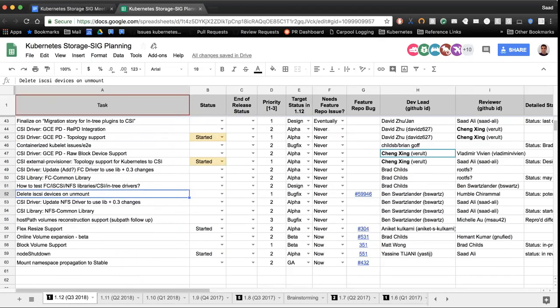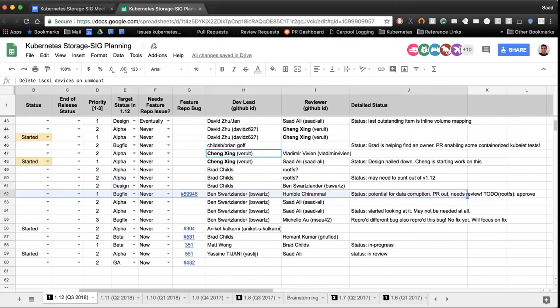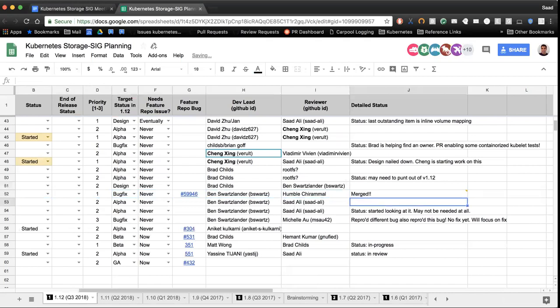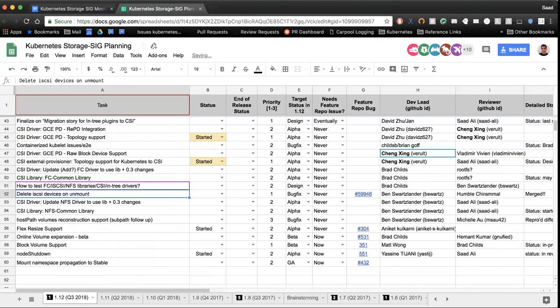Next up is deleting iSCSI devices on unmount. This was a PR that was pending review. Yeah, this merged last week. Awesome. And are there any follow-up PRs, or are we done with this item? We can be done with this item. There is another related bug that I'm working on.